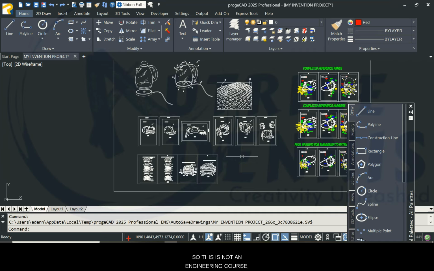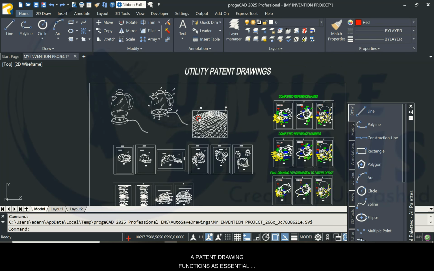So this is not an engineering course. This is your patent drawing course. What is a patent drawing? A patent drawing function